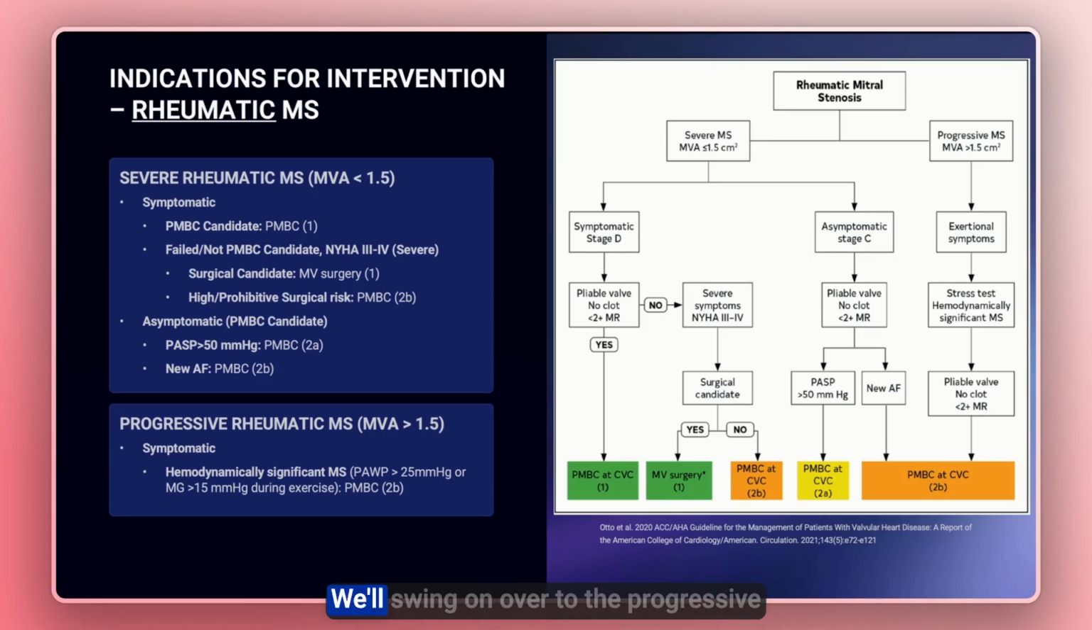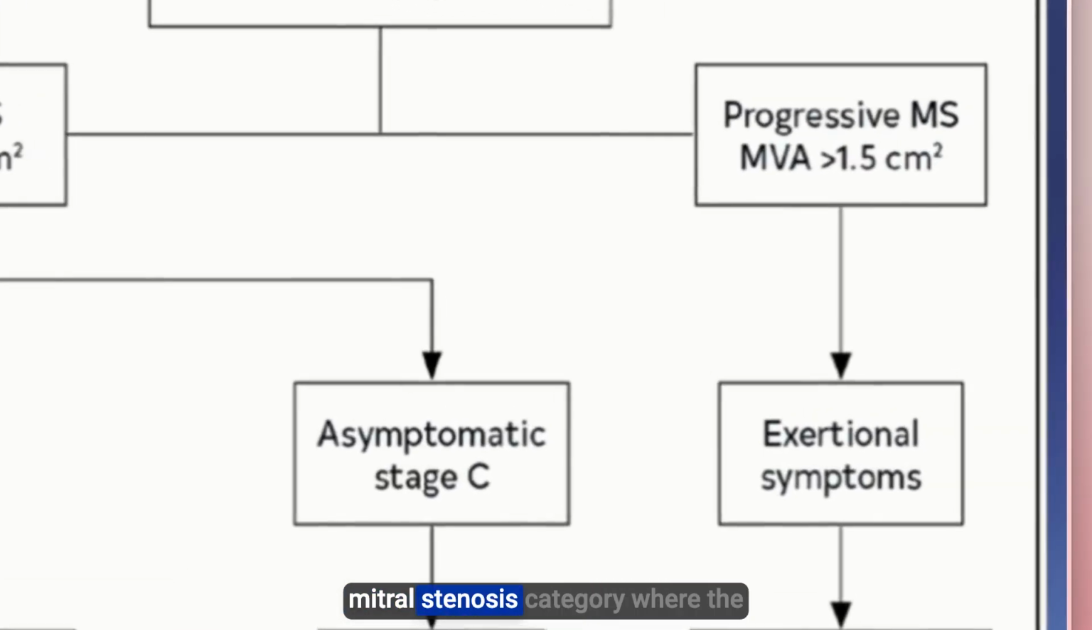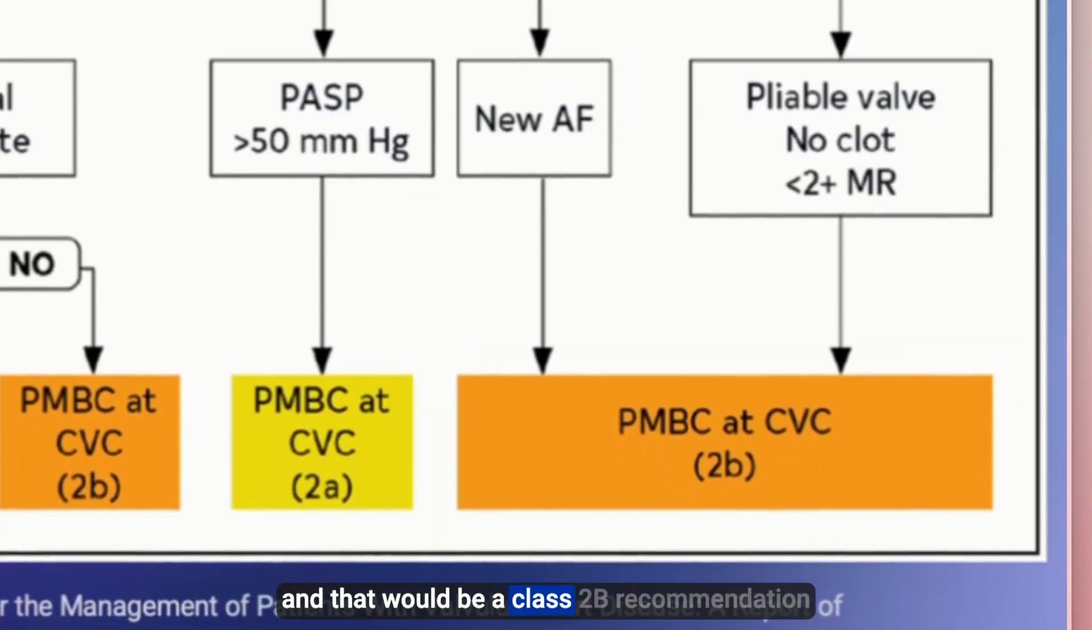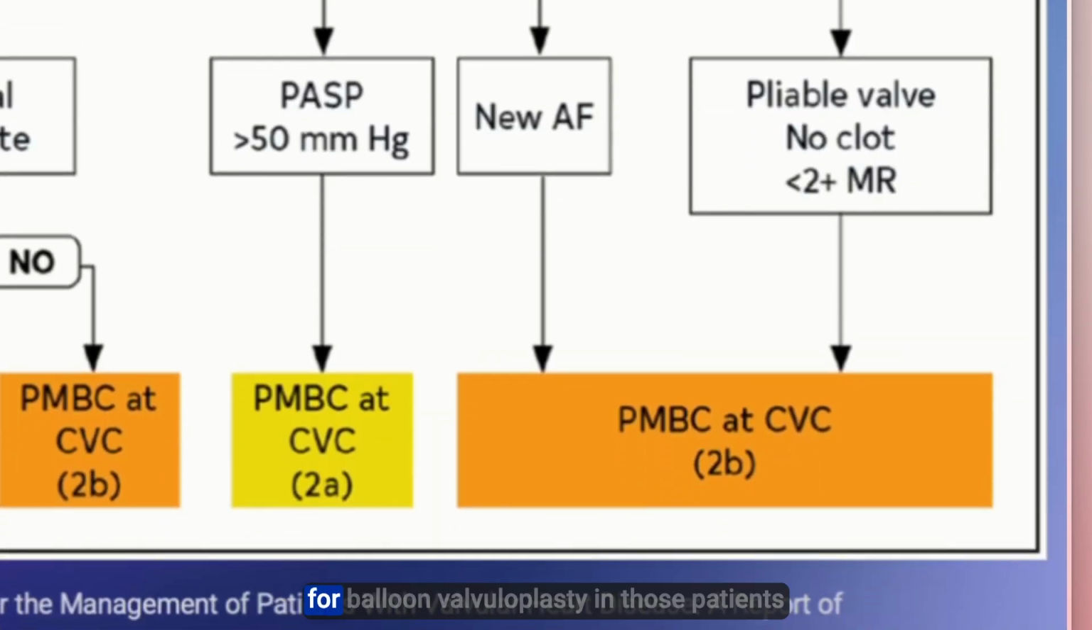for procedures. We'll swing on over to the progressive mitral stenosis category, where the mitral valve area is greater than 1.5 centimeters squared. These patients have to have exertional symptoms and hemodynamically significant mitral stenosis, where a stress test may show a wedge pressure greater than 25 or a mean gradient greater than 15 during exercise. And that would be a class 2B recommendation for a balloon valvuloplasty in those patients that are good candidates for